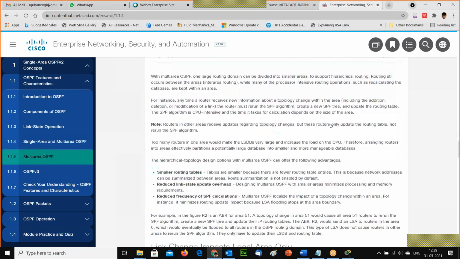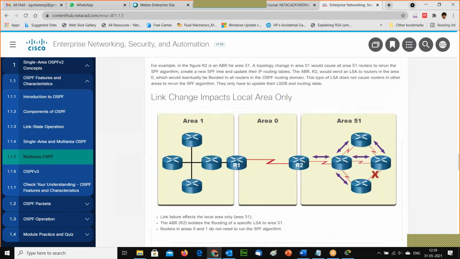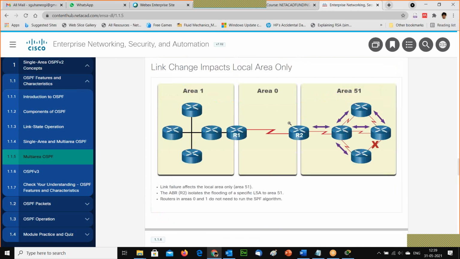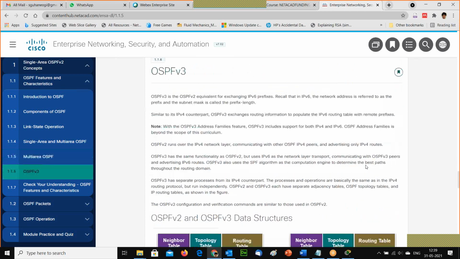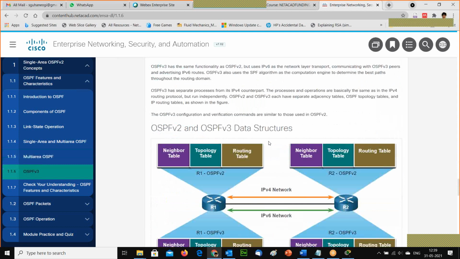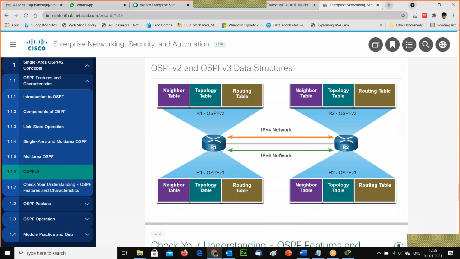So that is a part of multi-area OSPF. You need to go and see what the different areas are.